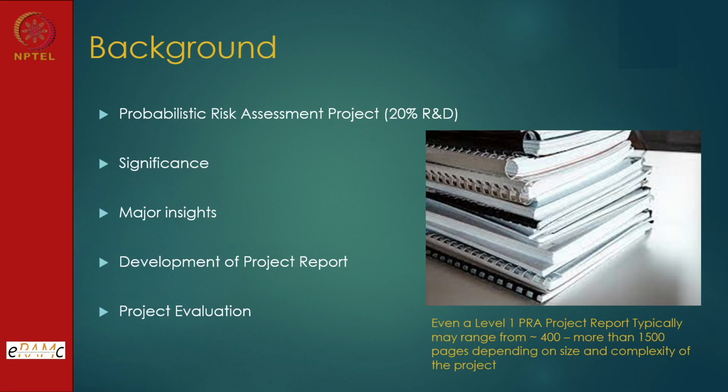Number two, if I have some component where I am not very confident, or some assumptions I am not sure about, how it will impact my analysis, and that's why I should have advanced tools for uncertainty estimation and modeling in the way we want it, and sensitivity analysis. These tools should be there. So that means we have to develop those programs actually. Even representing our results, core damage frequency and its impact, which is the last part of the PRA, that itself is very important. Now I have been talking about PRA project.